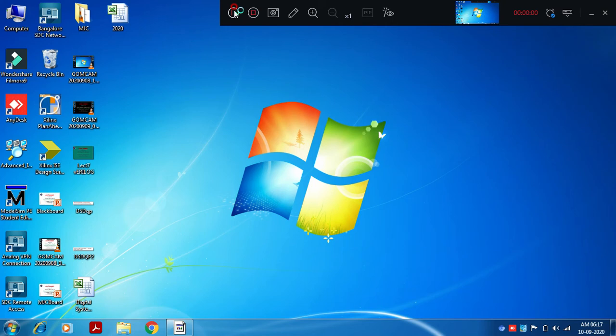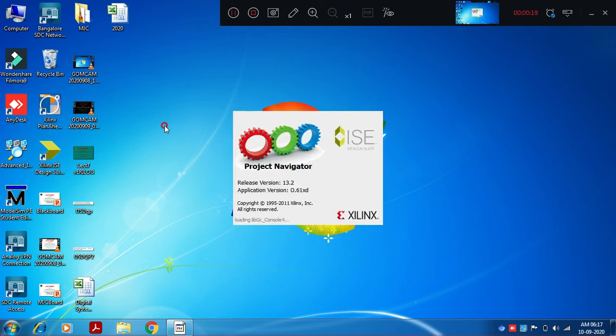Class students, today we'll see simulation of a 4-bit ripple carry counter using the Xilinx ISE design suite. Double click on the icon present on the desktop.